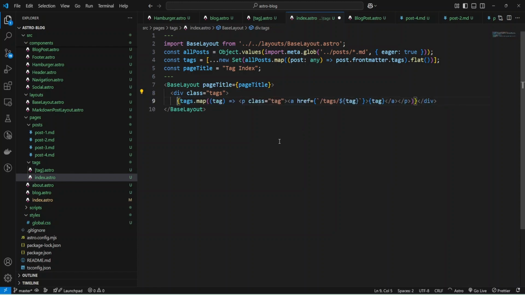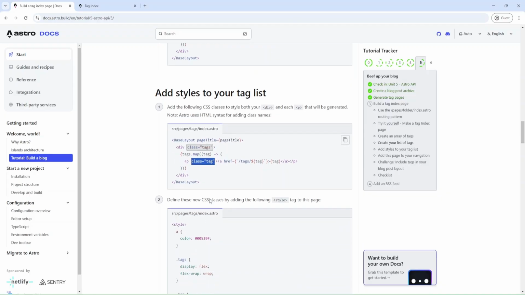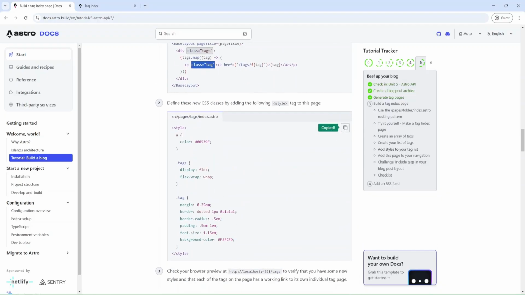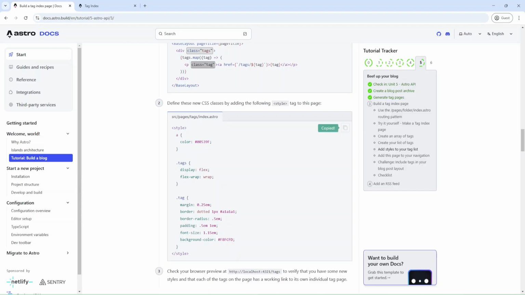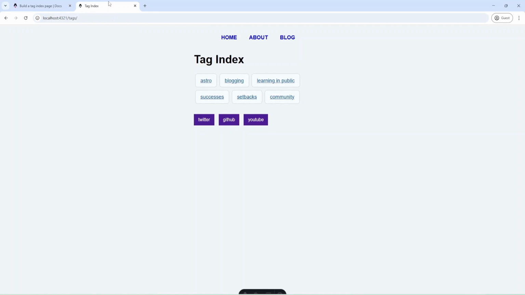Okay, and I can provide some formatting. I haven't added any auto formatter. Probably I need to do it. Okay, and let me copy styles, add them here. Okay, and we can check.